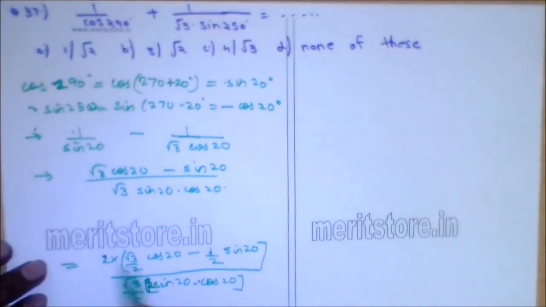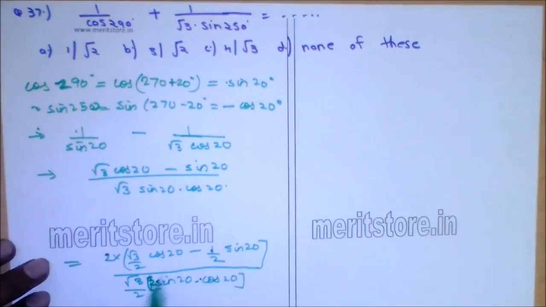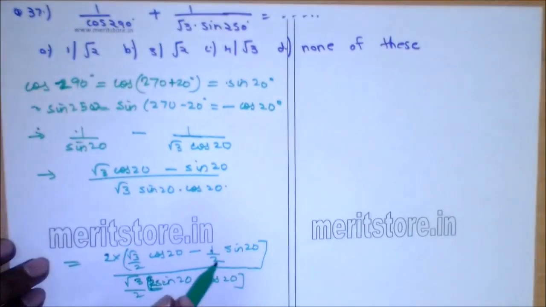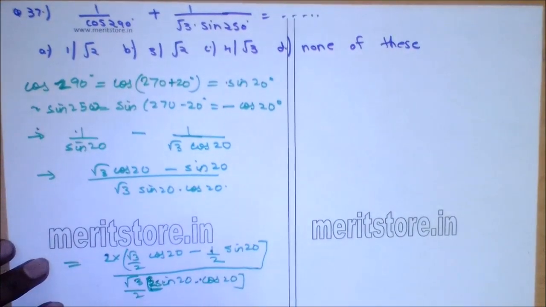We multiplied and divided by 2 in the numerator as well as the denominator. So now root 3 by 2 is sin 60 and half is cos 60. So we can rewrite this as 4 by root 3 into